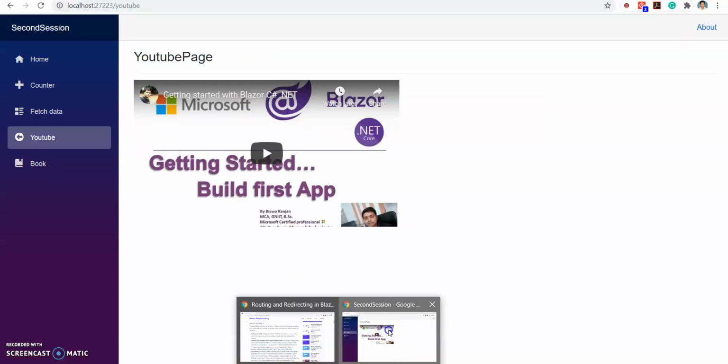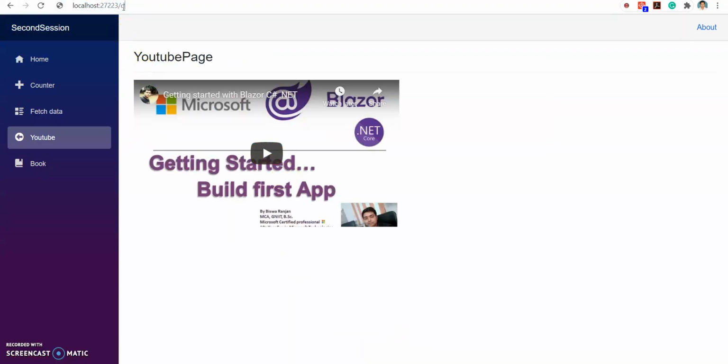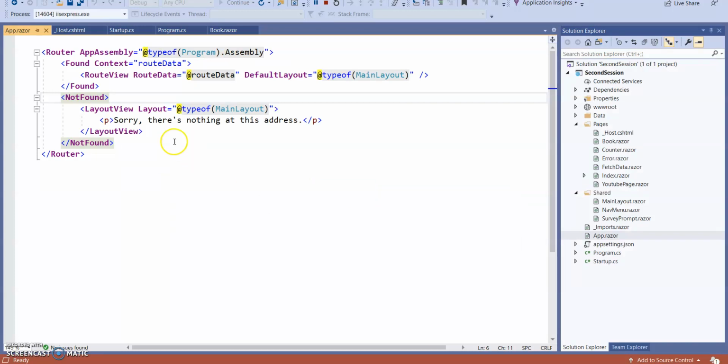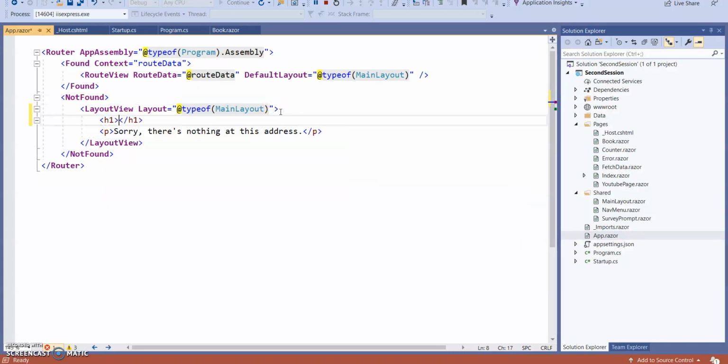So let's go to our Blazor app. Here I type something, anything. You can see, sorry, there is nothing at this address here. So let's add something here and rerun this.